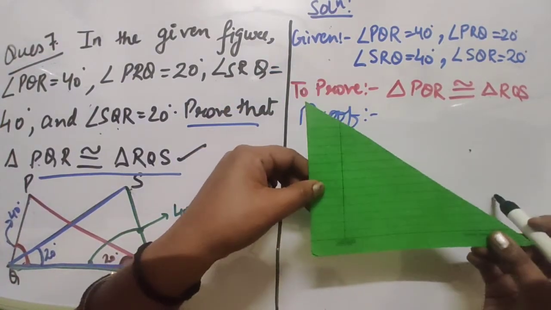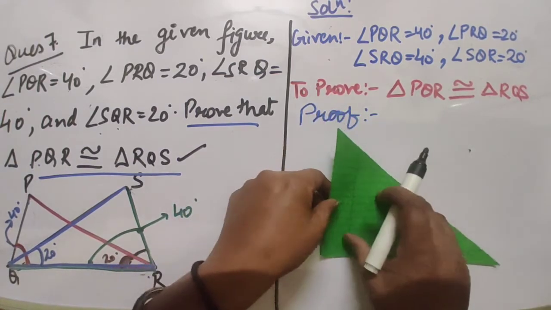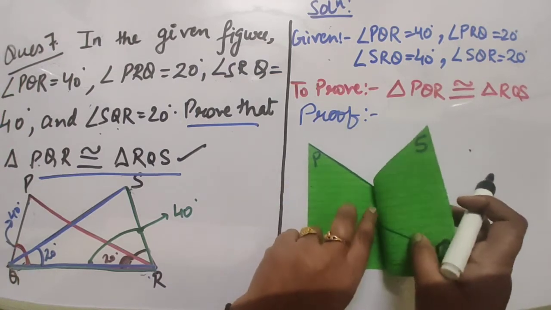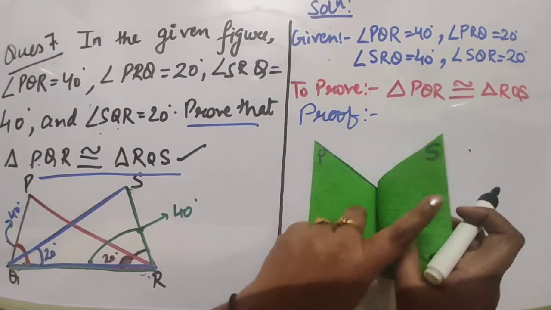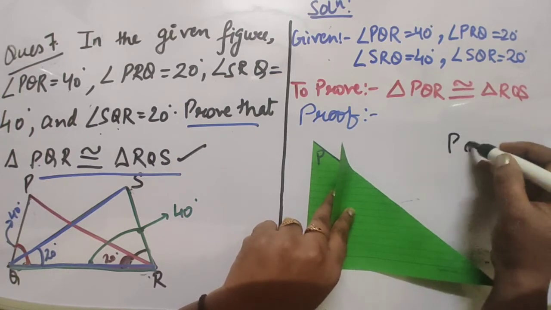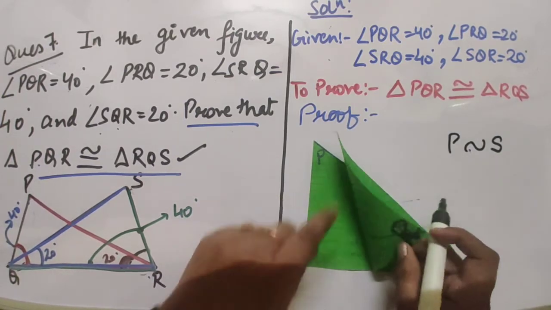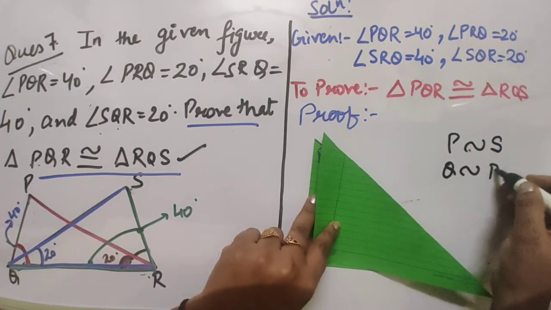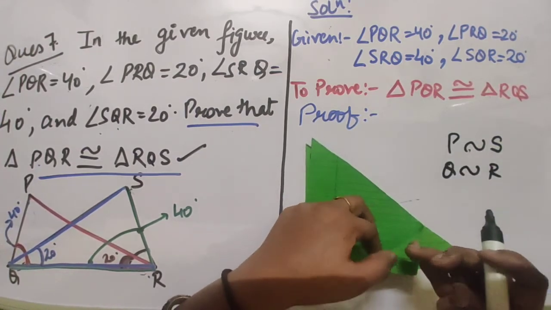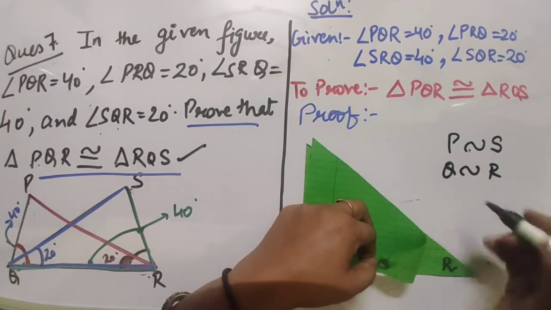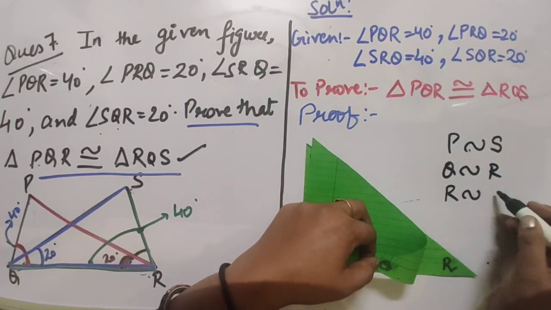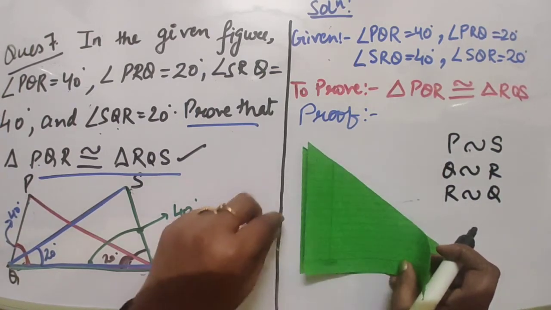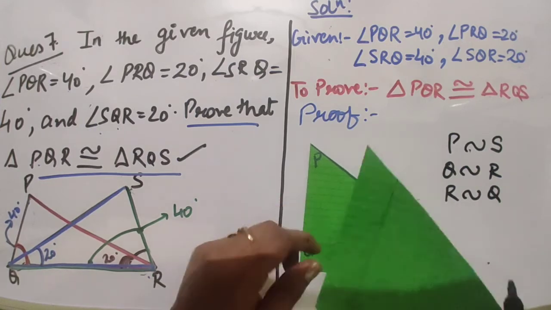So here we can see that now the triangles are congruent. So we have to figure out which points correspond to each other. P and S, so P corresponds to S. Q and R, so Q corresponds to R. And here Q and R again, so we will say R corresponds to Q,